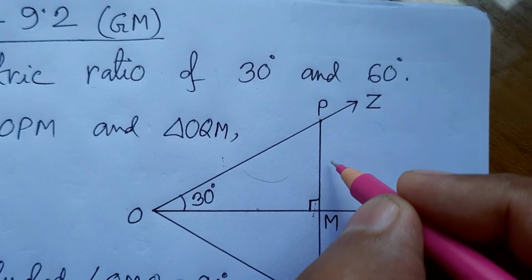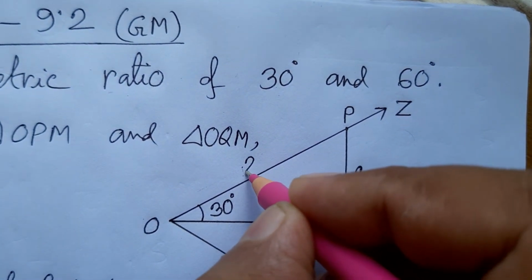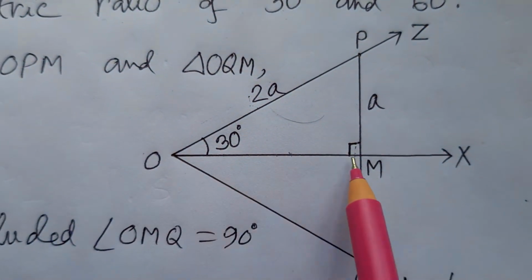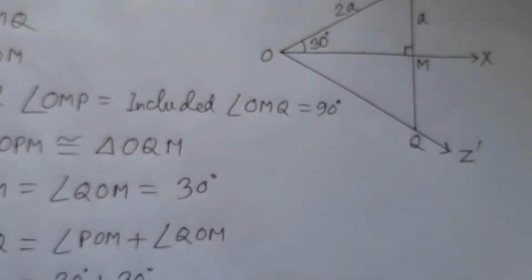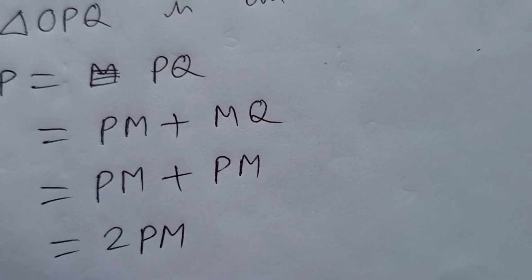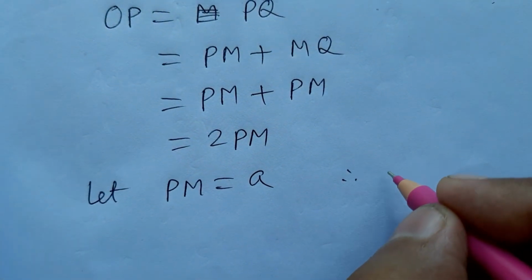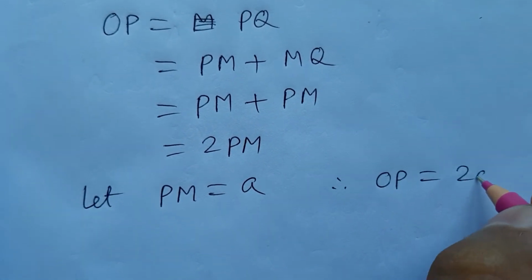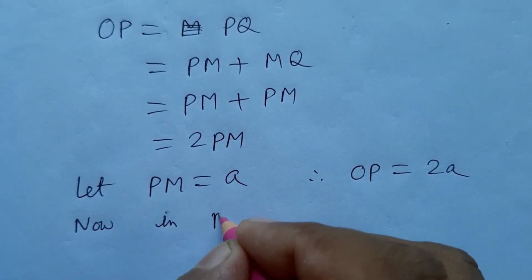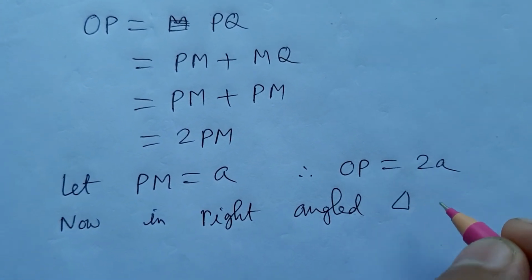Now if we consider PM is equal to A, therefore OP is double, so OP becomes 2A. Now according to Pythagoras theorem, we will find out the value of OM. So next we can write, let PM be equal to A. So therefore we can write OP is equal to twice A. Now in right angled triangle OPM,